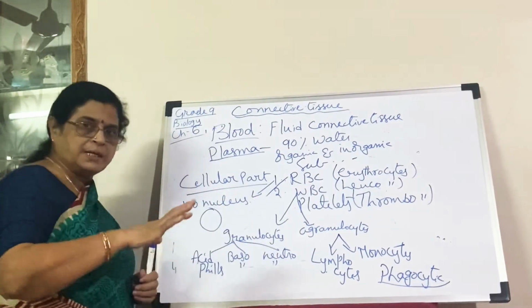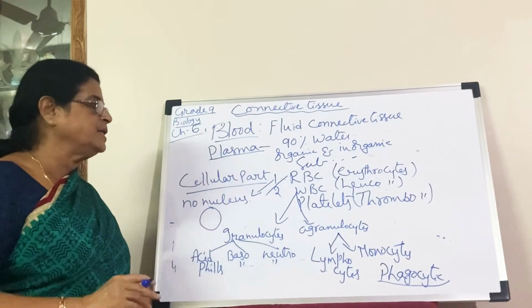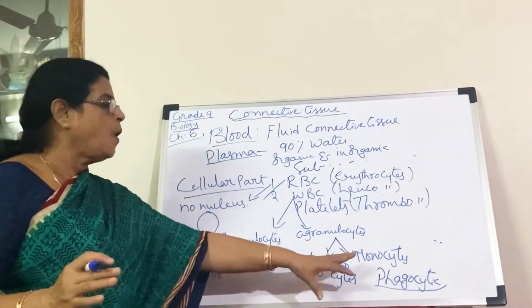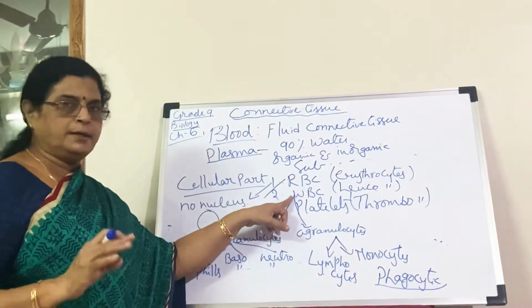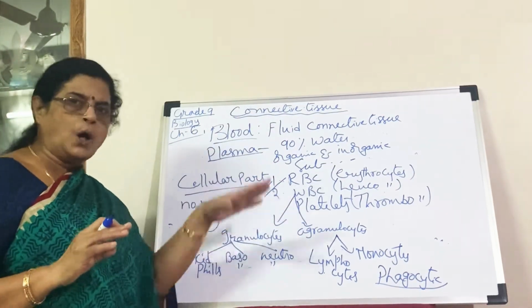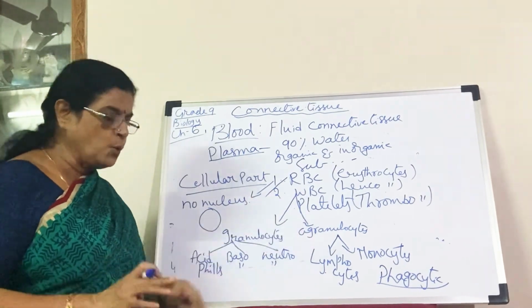So what is cleansing of the surface? By swallowing the dead microorganisms and fighting with the disease causing microorganisms and killing them. All the functions are taken by leukocytes. That is WBC. Whenever you are writing the functions of the blood, you should write all the functions. RBC functions, WBC functions. Coming to platelets.